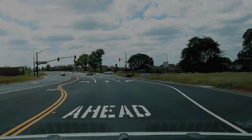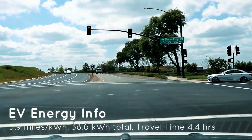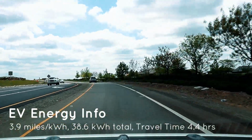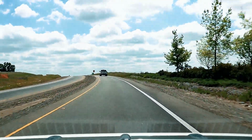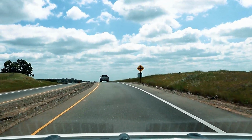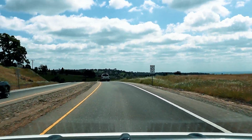So our drive today will take us about 75.4 miles. The first stop I'm going to be making, of course, for an electric vehicle, we got to stop for charging, is going to be at the EVgo station, quick charge station, DC charge. That's in Pollock Pines, California. That first stop is, let's see right now,